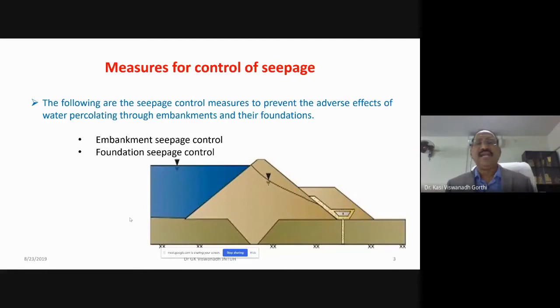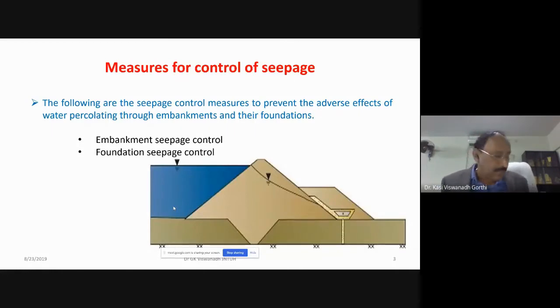In the case of a gravity dam, just to have a comparison, when a dam is constructed, water gets stored on the upstream side in the form of a reservoir, and excess water is safely disposed to the downstream portion with the help of spillways, and the water can be drawn or discharged through the sluices. So this is the actual requirement for any dam section. You need to have a storage of water in the reservoir. This stored water must be drawn for the requirements as and when required.